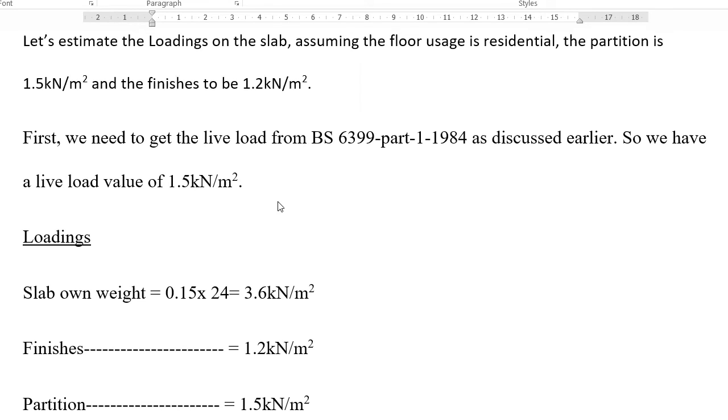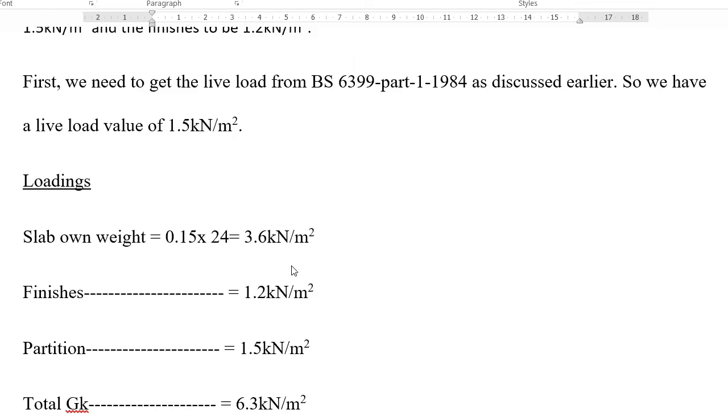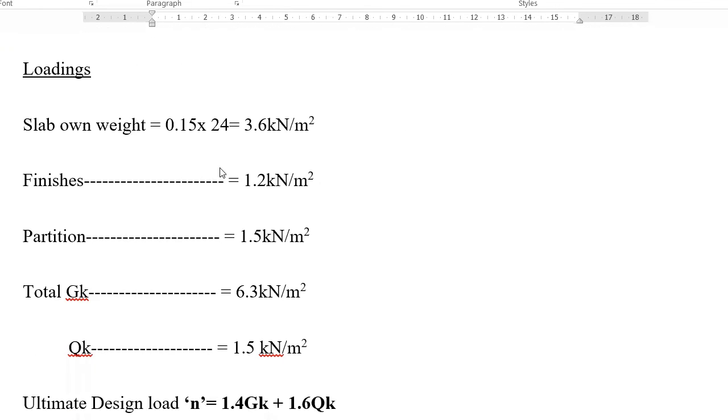So I really want to touch one thing tonight before the time would run out. Right. So we have slab loadings, and this is how we estimate the slab loadings for solid slabs anyway. So for the slab own weight, because I told you that the dead load is made up of own weight,